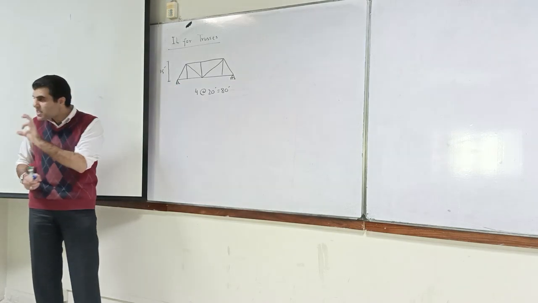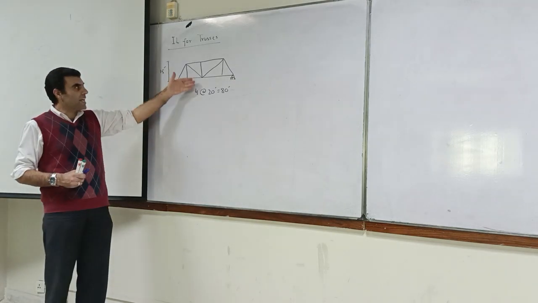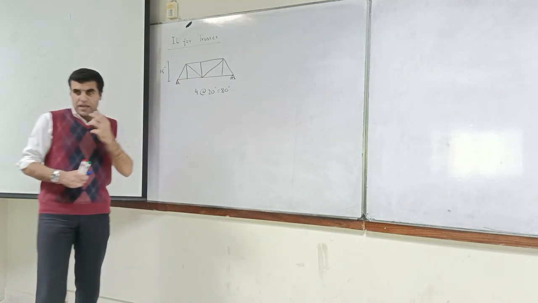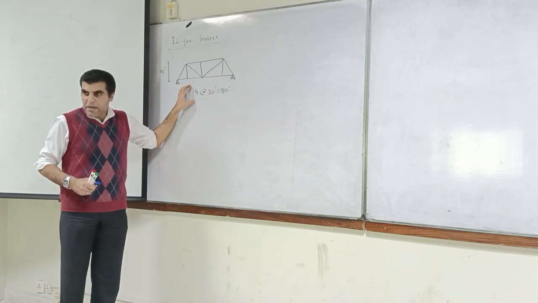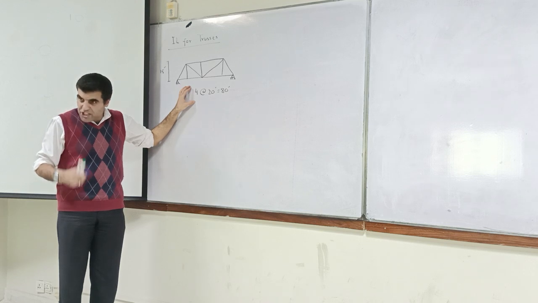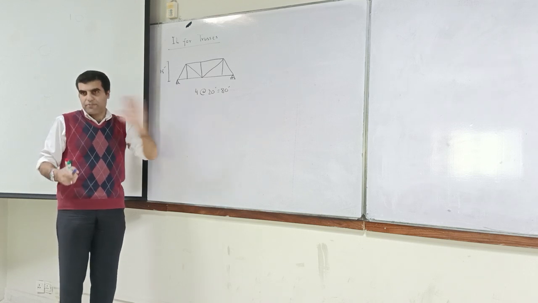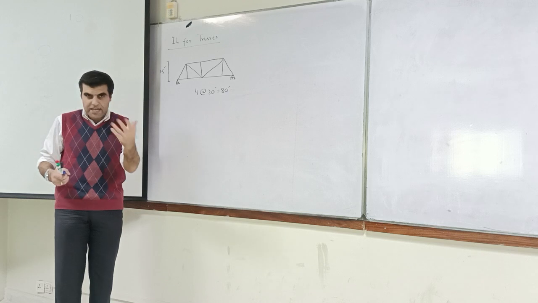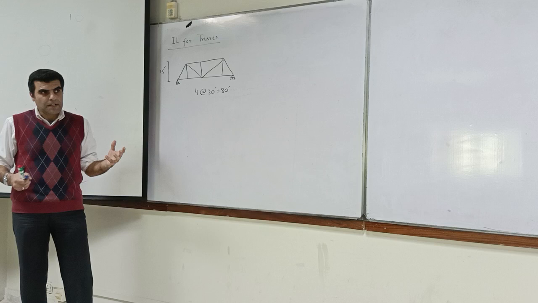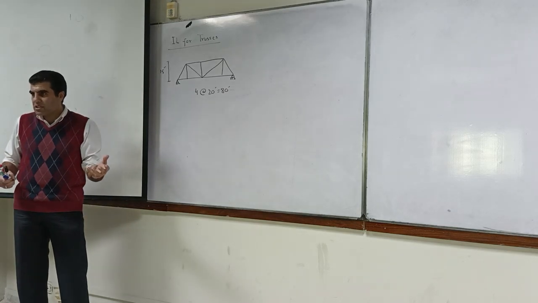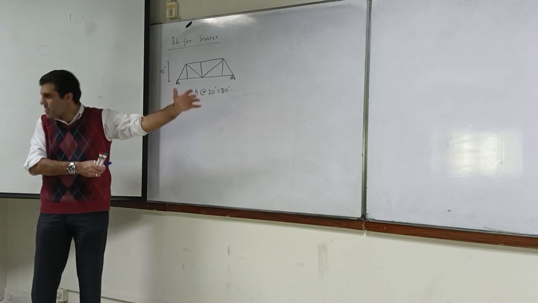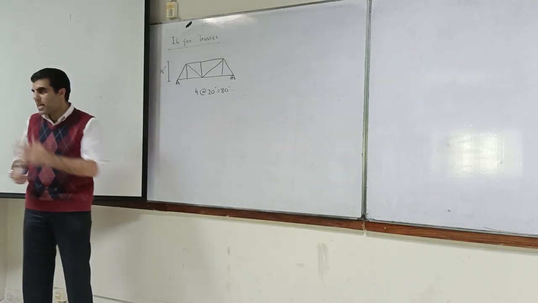Reaction is okay, but first of all, let me introduce you, like in case of trusses, why do we need influence lines? I told you that the main application of influence lines is in bridges or in those structures which have got moving loads. Obviously bridges have got moving load, but besides that, in industries we have got big girders which are moving big pieces of equipment from one place to another all the time. You might have seen,